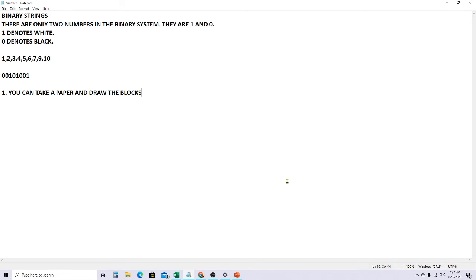Move forward, you can draw the blocks, and after you finish your drawing, type your blocks. How will you type it?